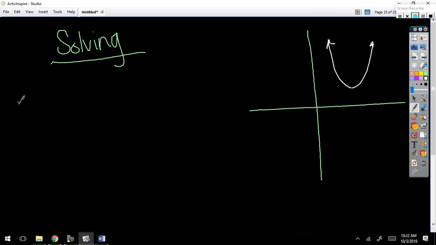If you have something like x squared plus 25, that's my number of the day, equals 0, okay? What we've done so far is graph that, look at where it crosses the x-axis, and find those zeros. But when I graph it, I get something that's not intersecting the